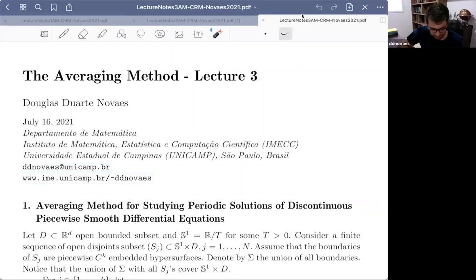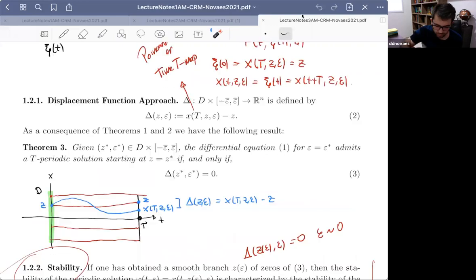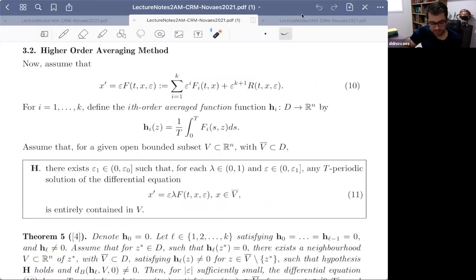Okay, let me start this last lecture recalling the high order averaging method for continuous differential equations. So the differential equation is given in this standard form, we have a power series of epsilon up to k, and all the coefficients,